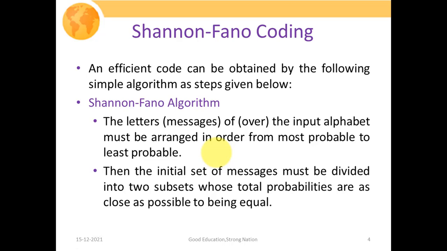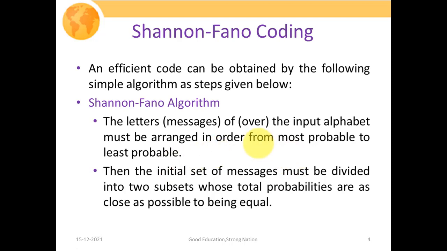Keeping that in mind, we will have certain alphabets or symbols generated by our stationary source, and several probabilities associated with the occurrence of each symbol. That is, for the different symbols that the stationary source will generate, the probabilities associated with them are known to us. So what we have to do is arrange them in order from most probable to the least probable. The symbol with the highest probability, we have to place first in our arrangement, then the less probable symbol, and we continue like that.